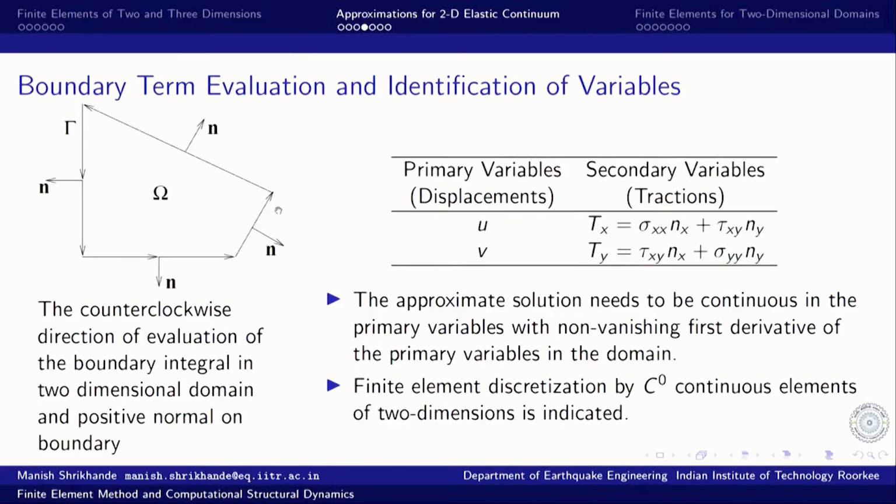So, what do we mean by finite element discretization by C0 continuous elements? Again you can get some idea about the kind of elements that we might have, some kind of plane geometry with some area enclosed by straight lines. It can be a triangle, it can be a rectangle and so on. Now let us look at a little bit about what are the assumptions, under what conditions these planar 2 dimensional approximations are valid.